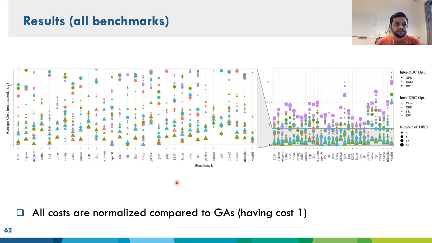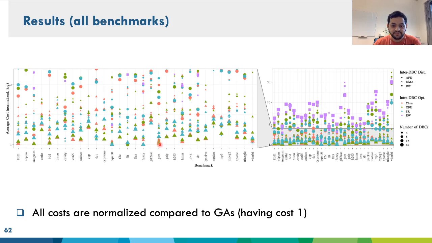Okay, so here is a summary of the overall results. There are a lot of results in this one slide, but I'll try to go through them step by step. So let's first talk about AFD and DMA. For the direct comparison, AFD is represented with a circle and DMA is represented with a triangle. And if I look at the results in this figure or in this zoomed in version, in all cases